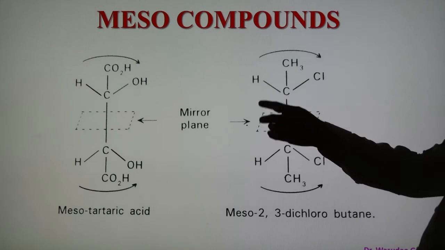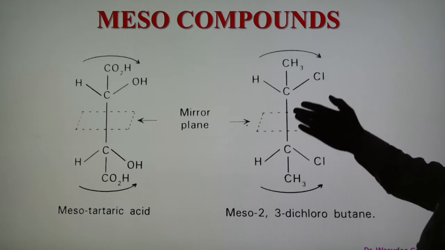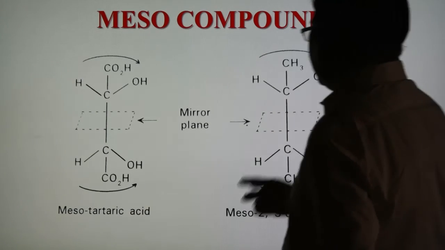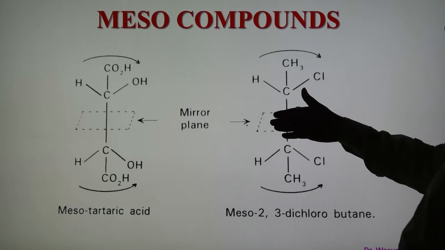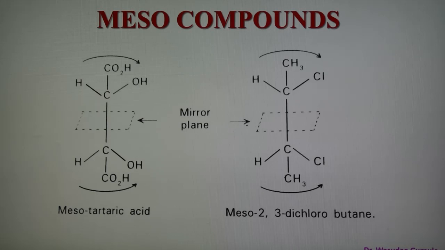In this case also, this is the mirror image of the first one, and this is mesotartaric acid. In a similar way, there is meso 2,3-dichlorobutane. So this is the structure and this is the plane. In both cases there is a plane of symmetry, and because of the presence of the plane of symmetry, one half is compensated by the other half. So whatever the effect is, it is cancelled by the other half, and therefore it is optically inactive. Such compounds are called meso compounds. So a meso compound is also present in addition to the D, L and DL mixture. In some cases a meso compound is also possible.